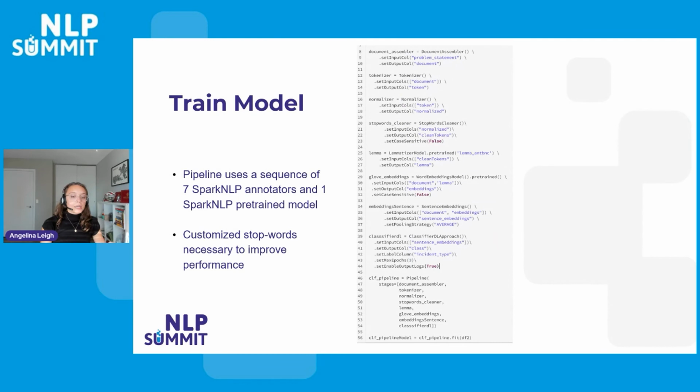So here we started off with the document assembler, as always, feeding it the problem statement. And that is, as I said earlier, the output from the ngram pipeline from the specific text, including the words problem or solution from the technical trip reports. So these problem statements are an output from the ngram pipeline that we then fed to the document assembler, then the tokenizer, the normalizer, again the stop words cleaner with some customization, the lemmatizer, and then the next 2 stages